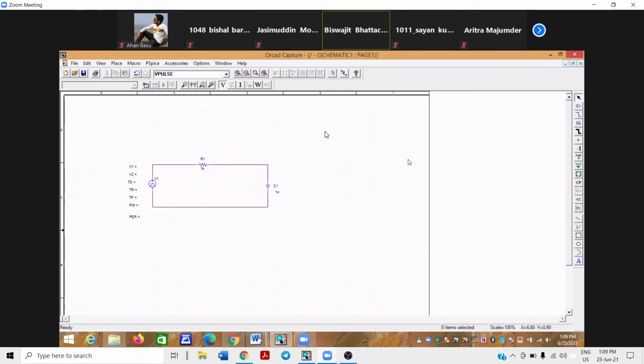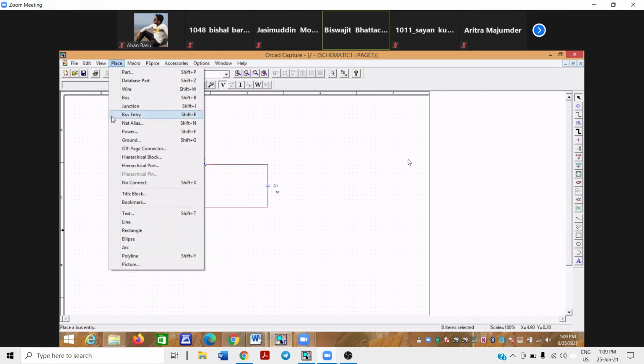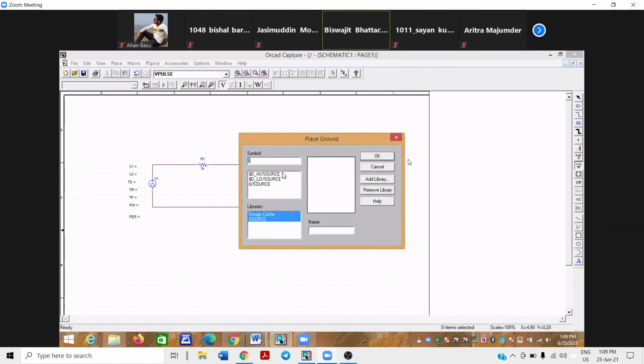Click outside. But the circuit will not work until you place one ground, because all the voltages will be in reference to some ground potential. How to take ground? Go to place and then ground. Once you press ground, there are different types of ground, like high source, low source.